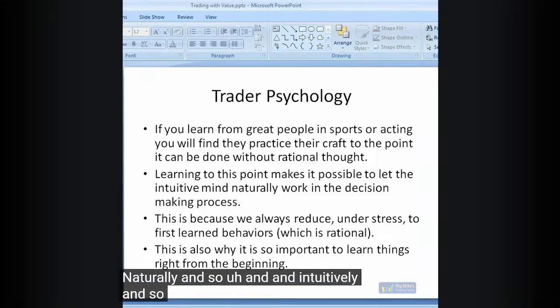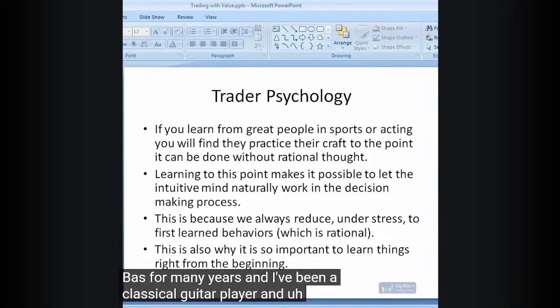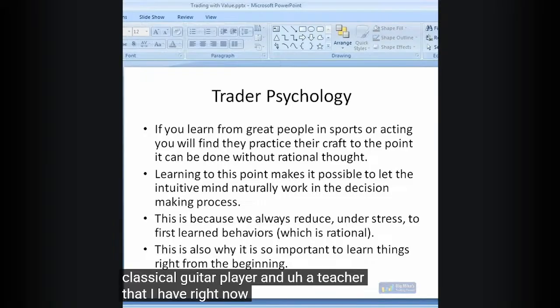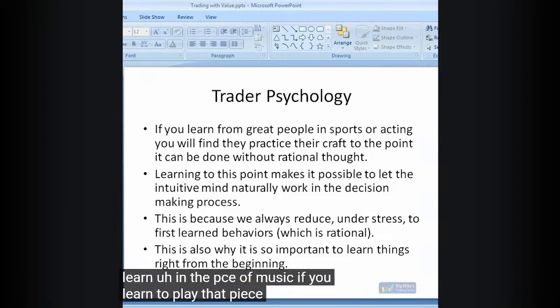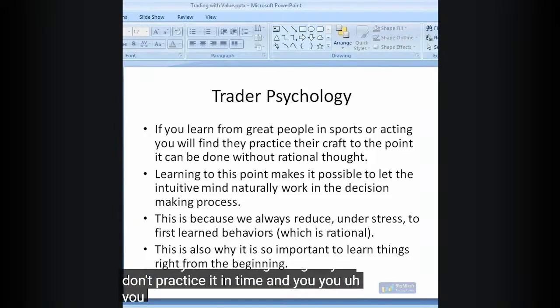I'm a musician. I've studied bass for many years, and I've been a classical guitar player. A teacher that I have right now told me about a theory of learning, and he said that when you're under stress, you always reduce to first learned behaviors. What this means is that in the case of music, if you learn to play that piece of music incorrectly from the beginning, you don't practice it in time, and you approach it in a sloppy manner,